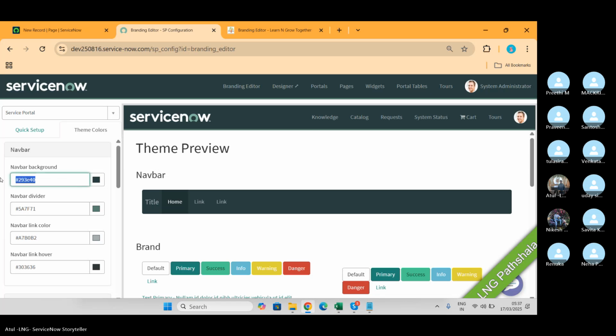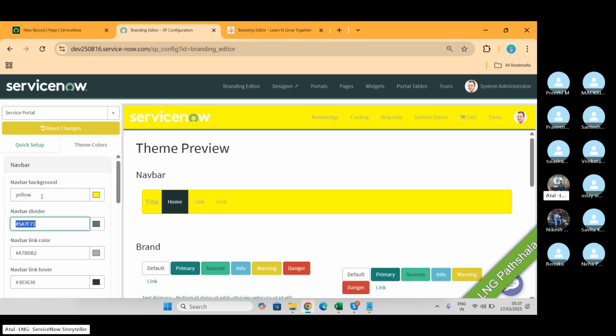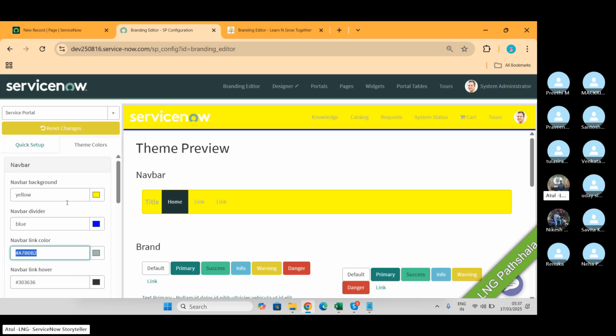Navigation bar, yellow. I'm using a weird color so that we can see where the changes are coming. Navigation divider. And see, everything is getting quick updates. देखो आ गया blue.